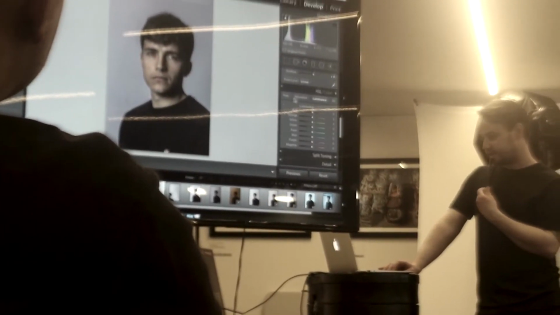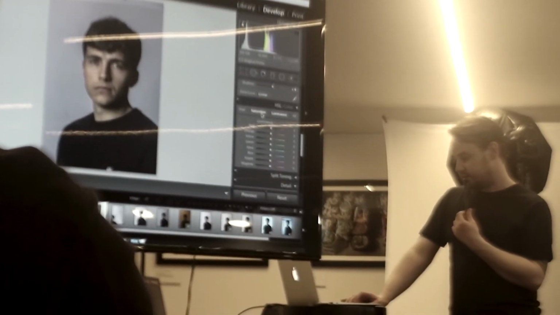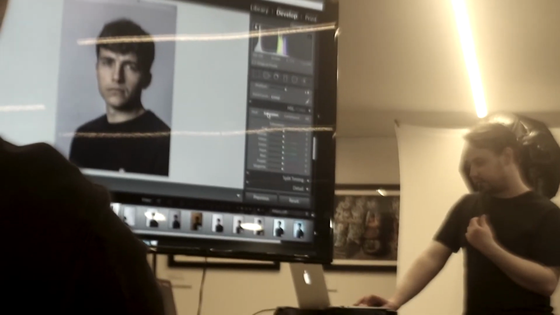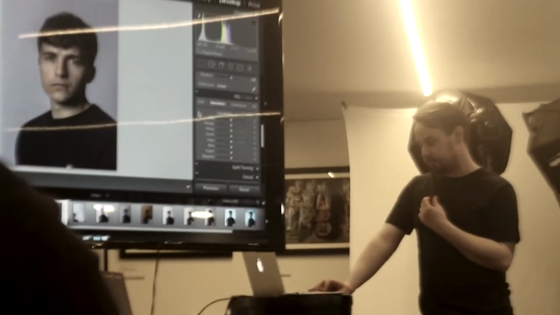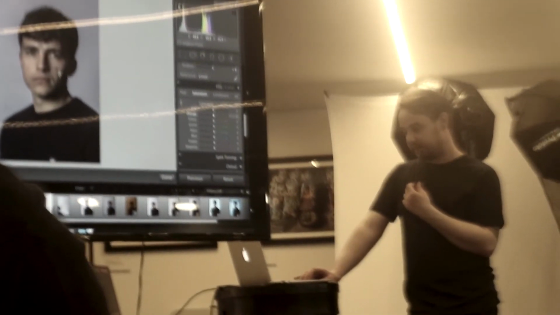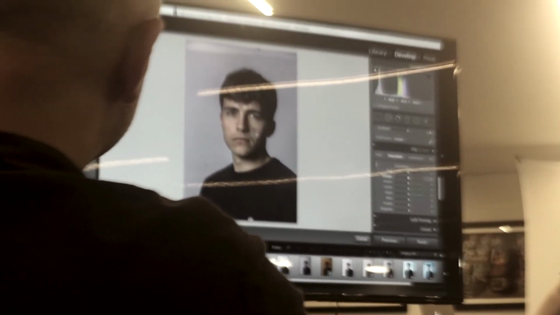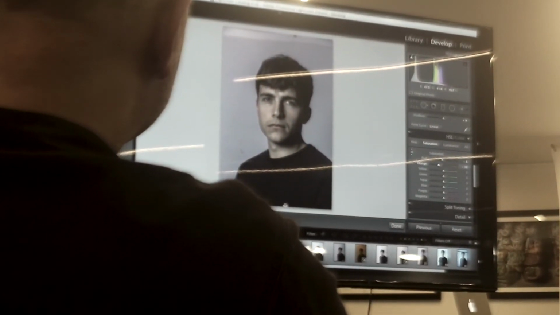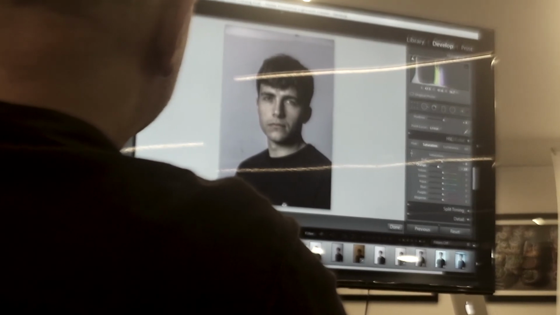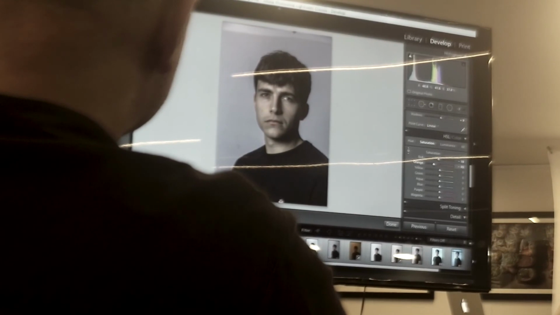Hue saturation luminance is a slider I use actually quite a lot when balancing images. And usually it's from the saturation point where I might, using this little target thing, pick a colour and bring it down. So if someone has red patchy skin, I can grab this little target, grab the little red part and bring it down, and you notice it brings down the saturation but only of those skin tones. Chiron doesn't have red patchy skin, so that's not going to show you much, but you can see